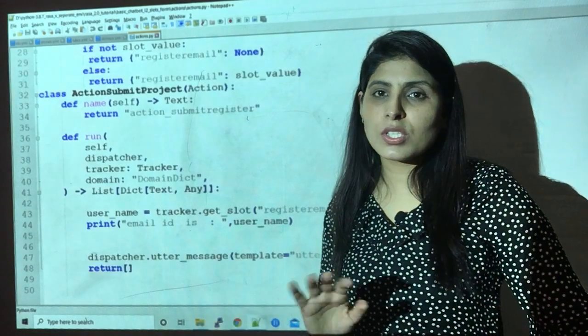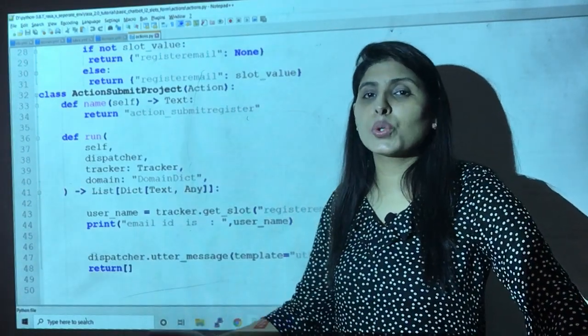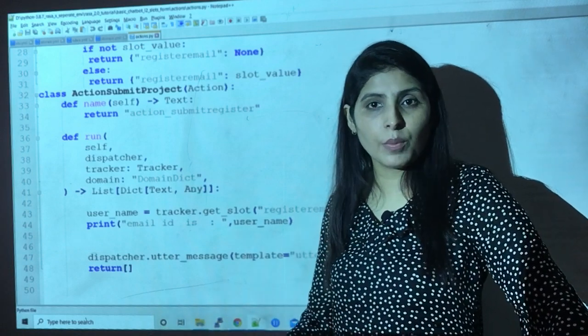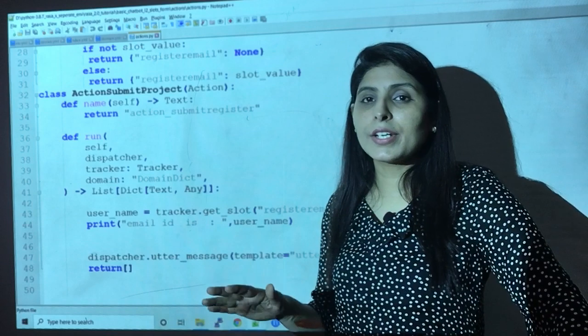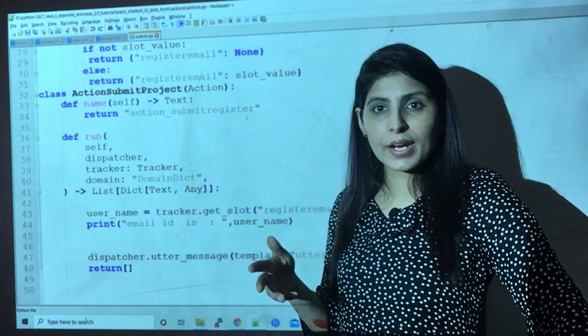For today's class, I'm just printing the value. We are not going for further functionality. In my next classes, I'll show you what kinds of functionalities we can perform with the help of slots. But right now, in today's class, I'm just telling you how to create a slot and how to use it.